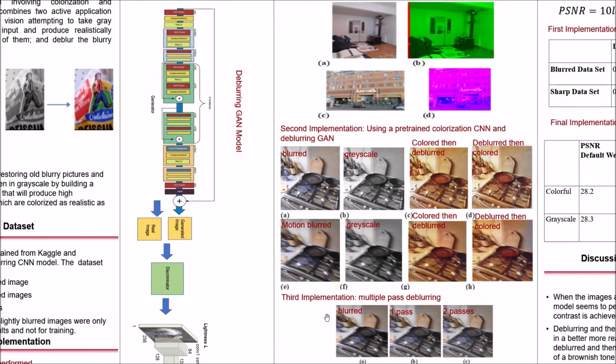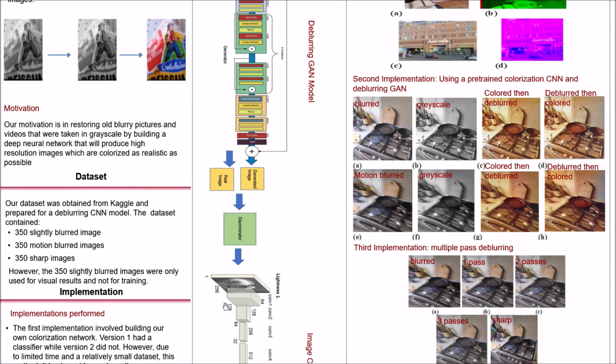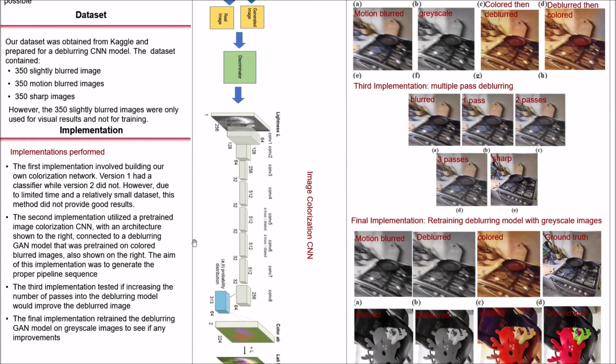However, we weren't able to achieve good results with either of these methods, since our results were colored in red-green or purple-blue scale. And an important reason for that is that for training an image colorization model, a much bigger dataset is required. And so we decided to use a pre-trained image colorization model instead and focus on the deblurring